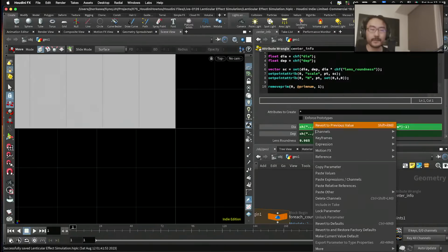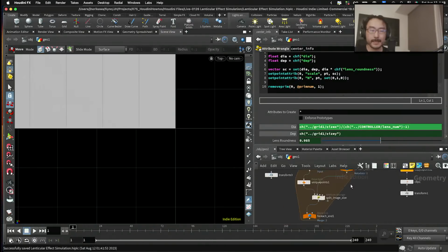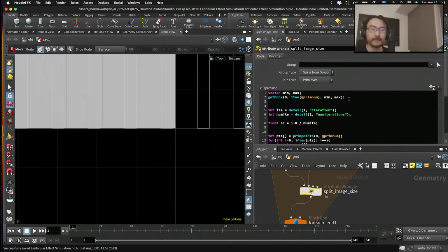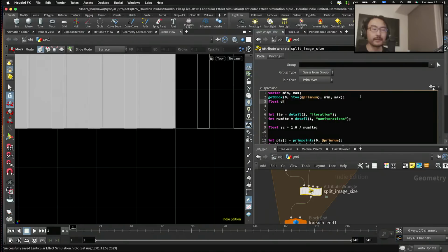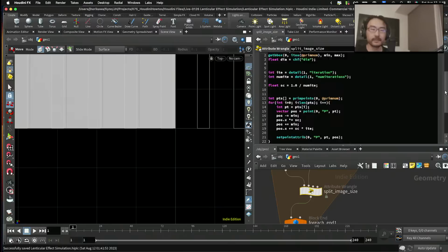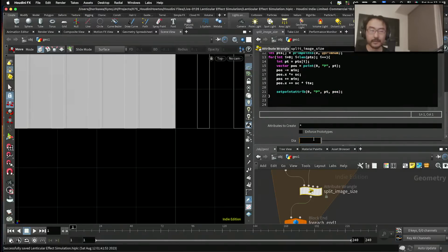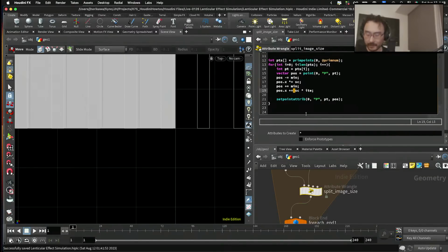So I can just copy this parameter and refer to that information using an input. Paste that. Okay, so this is the diameter, so I need to multiply the diameter as well